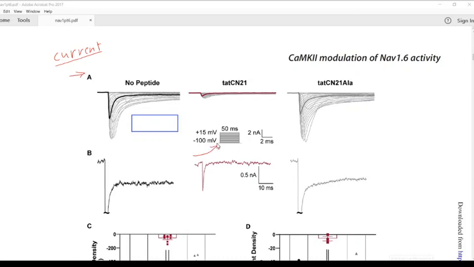So what you typically do is you start off at a low voltage. Here it's minus 100 millivolts, and then they're doing small steps for 50 milliseconds to another more positive voltage, and then returning back to minus 100 millivolts. And these are the responses that you see, the currents that you see in response to that. So just taking this through step by step,